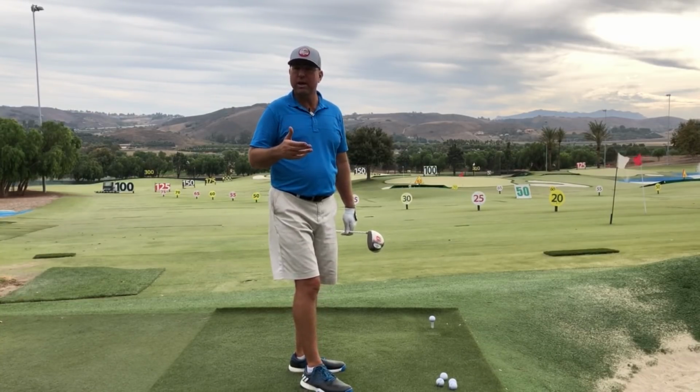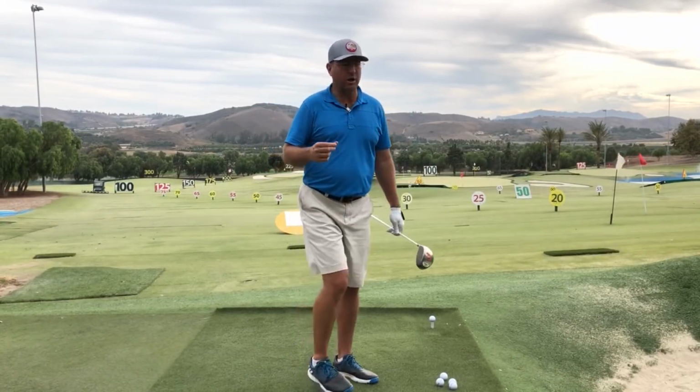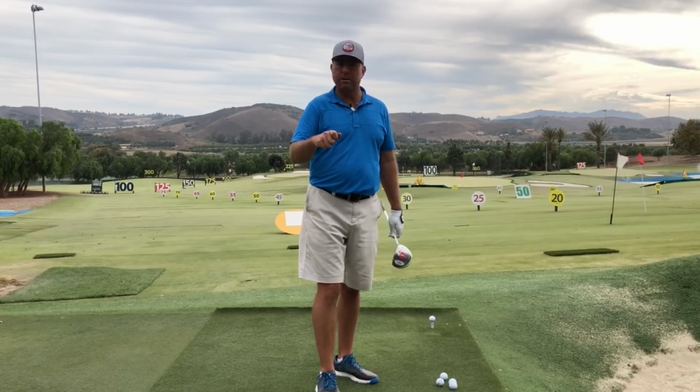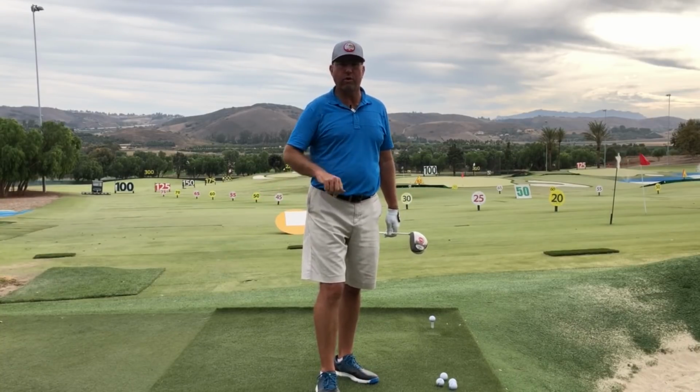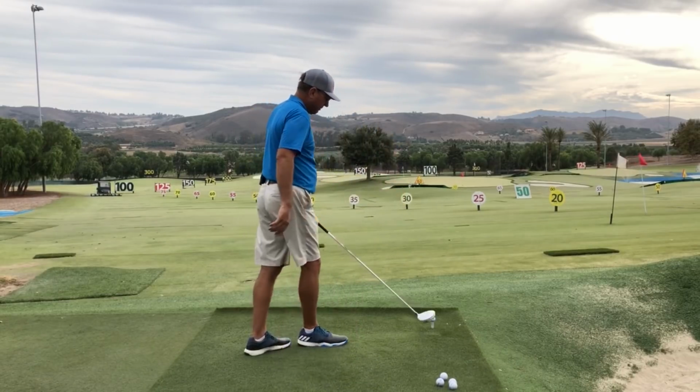It's not true, but they feel like their hands are very soft and not very active. And that may be true. They may not be applying as much to get the same speed. It certainly doesn't feel like you need to make a squaring move with your hands. You don't need to roll the club over so violently to get it to square up,